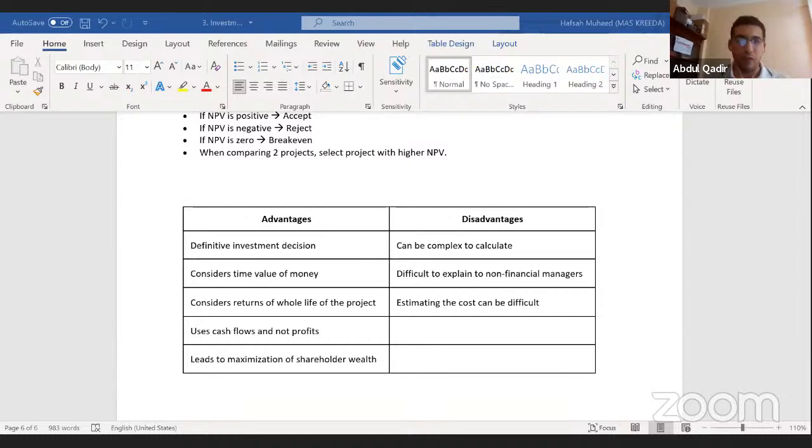Okay, so wait, once again, I'm getting a few messages on questions. Someone is asking, what is operating savings? Is it an inflow or outflow? So it is an inflow, because as a result of implementing this machine, or buying this new machine, you're going to save a certain amount. So you consider it as a cash inflow, because you're saving some money.